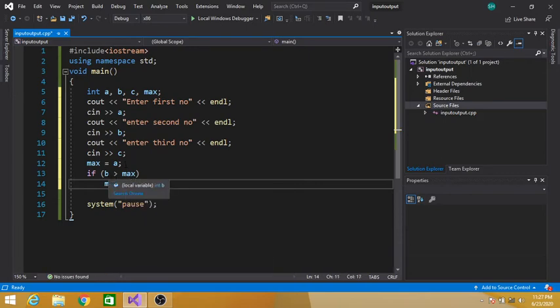Why? Because if B is greater than maximum, then it means that B is maximum.